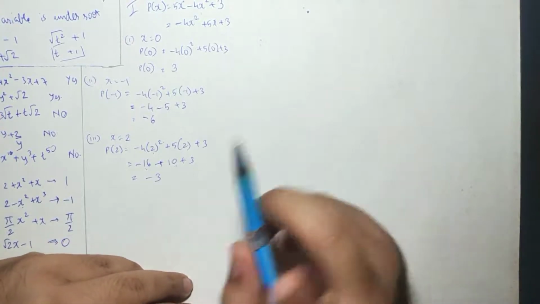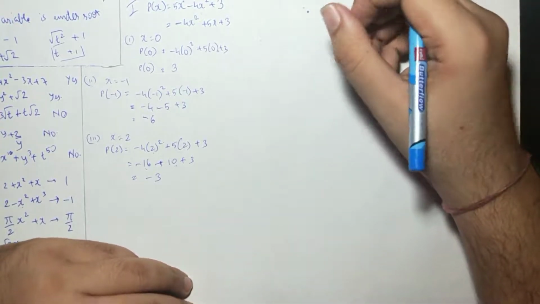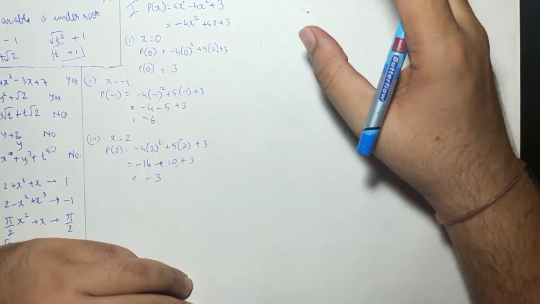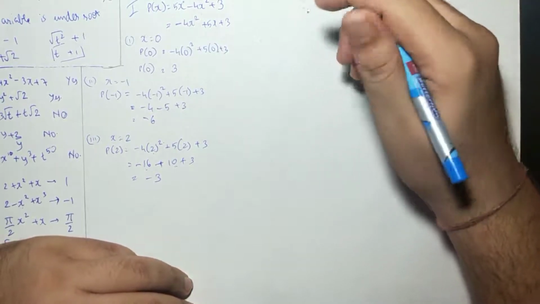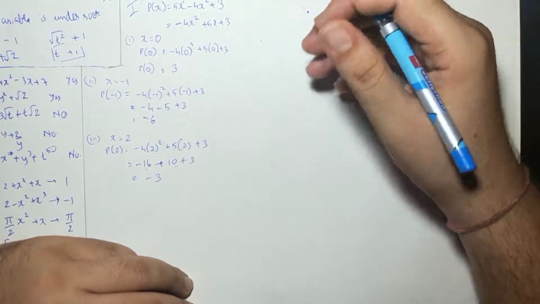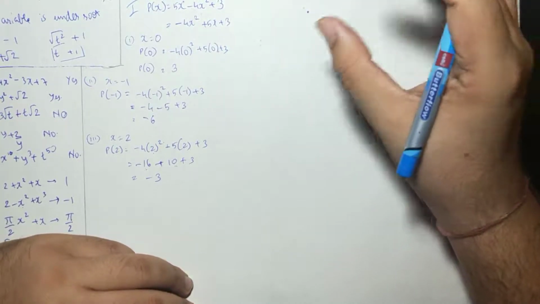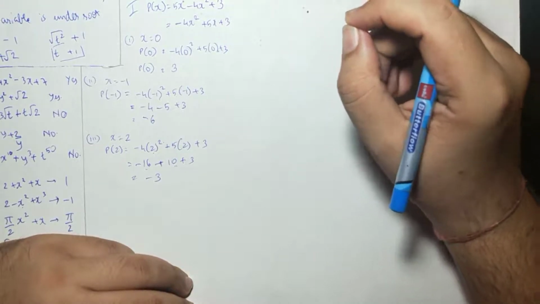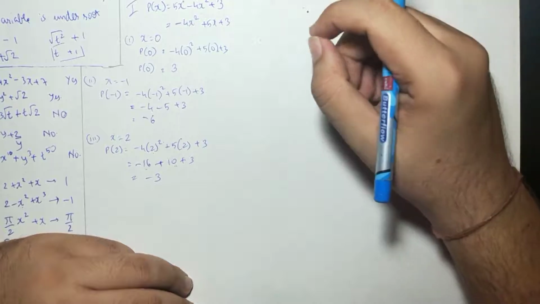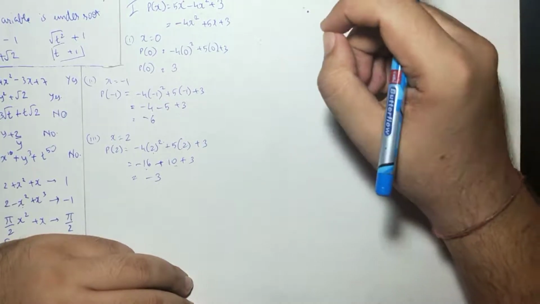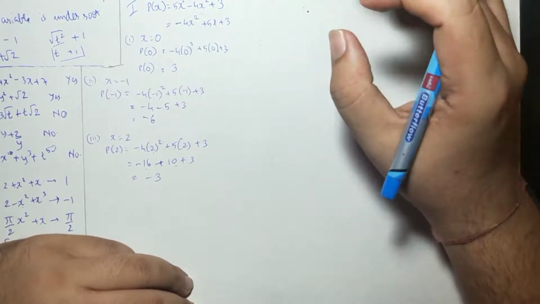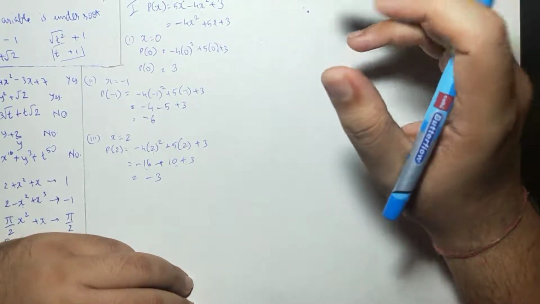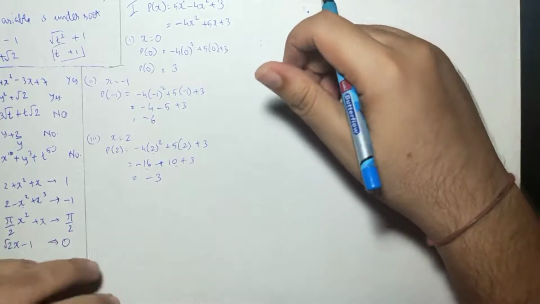In the second question, I am not doing all of it. Similarly, they have given us 4 different polynomials, as you can see: p of y, p of t, p of x, then p of x again. They have asked us to substitute the values of the variable as 0, 1 and 2, all 3 values for each of them. So out of these I will do one, the second one.